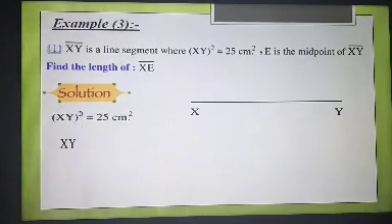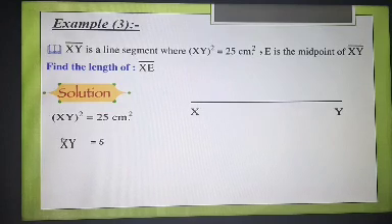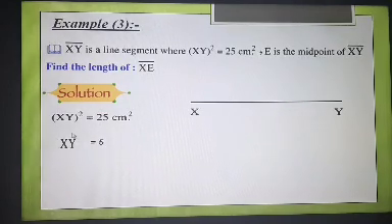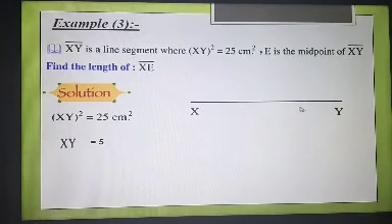How we can get the length of XY? We have to take the root of the left side and the root for the right side. The root for the left side will be XY. The root for the right side will be 5. طب انا عندي دلوقتي اللينث بتاعت XY كلها يا مستر بكام؟ ب 5 سنتيمتر، وانت بتقول لي هنا ان الاي